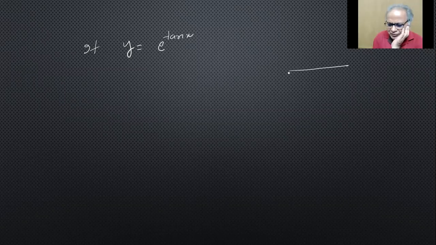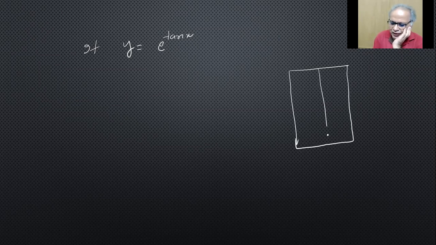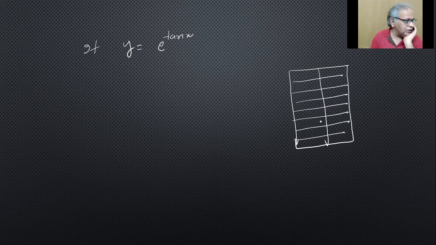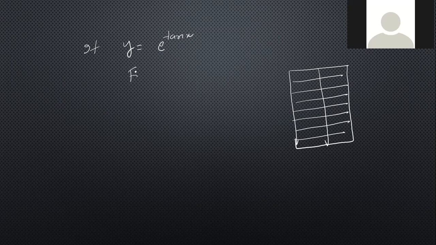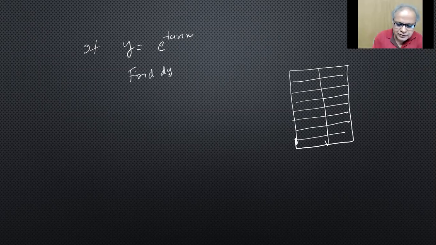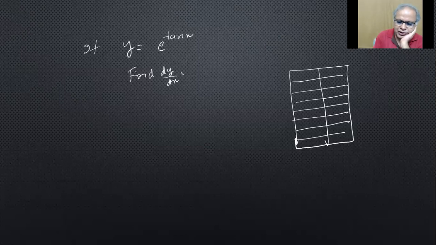You need to decide there are two functions. Anyway, I've given you a table of 10 functions, right? The table you remember to begin with. You write them on the side. And just check whether two of those functions are making up this function. Right? How to find the derivative? Find dy by dx. I'll tell you a very systematic approach first. Later, I'll tell you how to write it quickly.